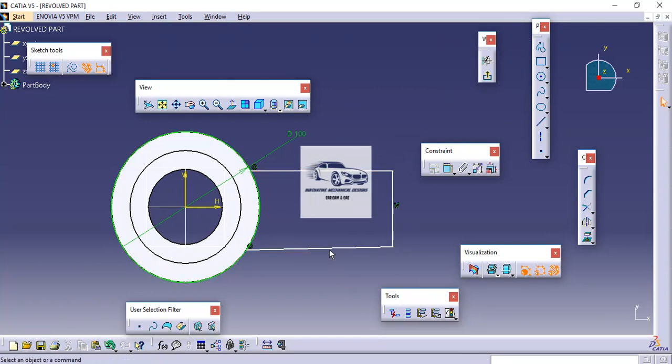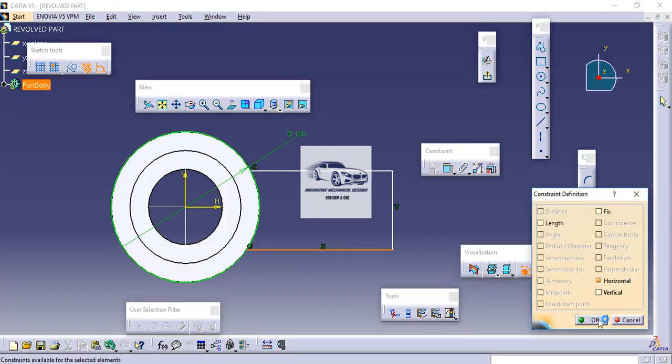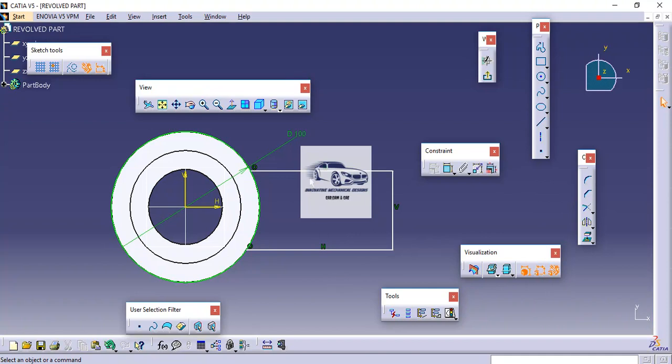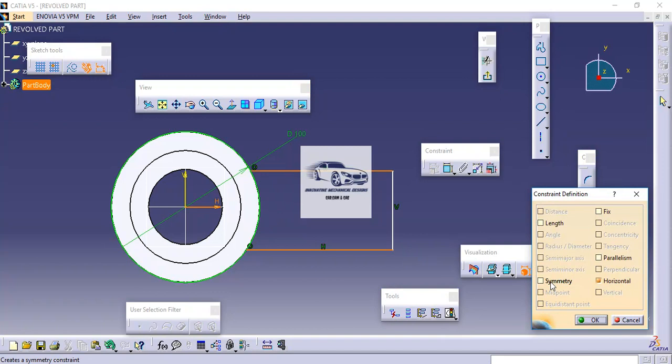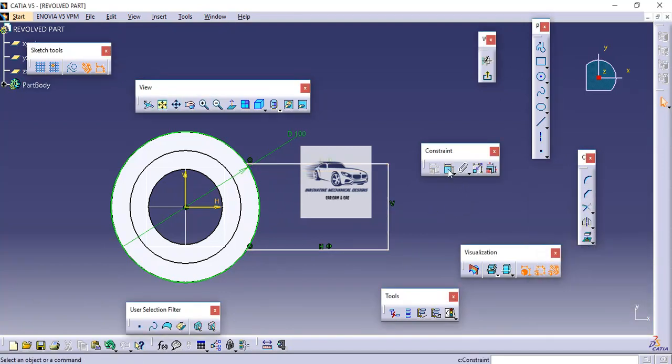Now after this we will input the necessary constraints, for example we will make this line horizontal. Next we have to make these two lines symmetric or equidistant from the center. So by pressing Ctrl selection I will select the two lines, then the center axis, and then I will pick up the symmetry condition. Then we have to input the dimensions.